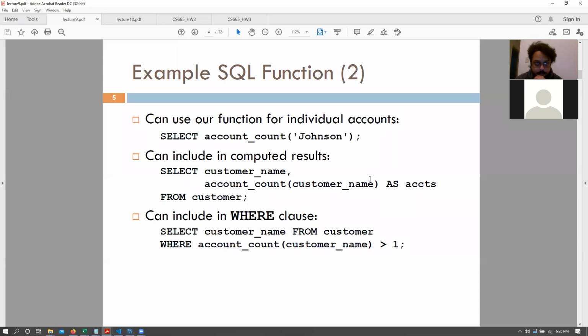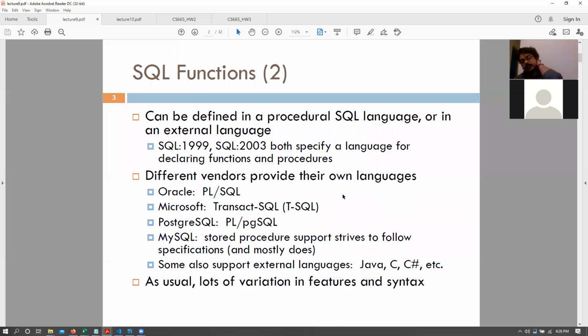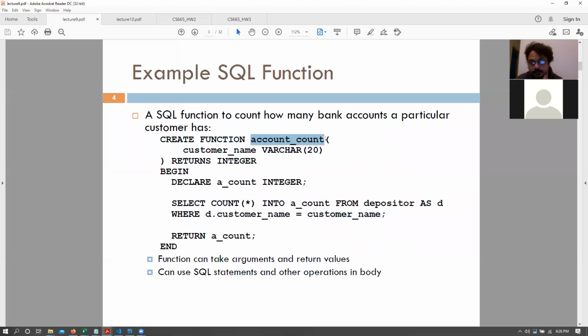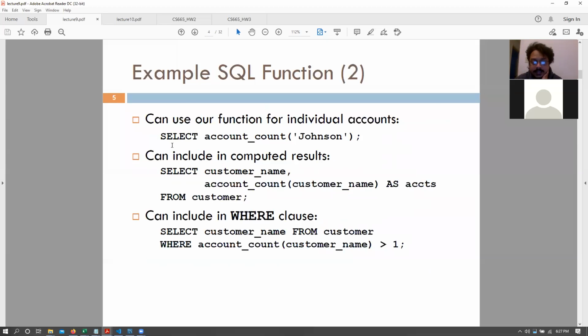But very good answer. Now that we have this particular function, we can call it as select account count with the parameter Johnson. That returns the number of accounts that Johnson has, because the function takes in a parameter called customer name, computes the number of accounts that Johnson has, and then returns the number.